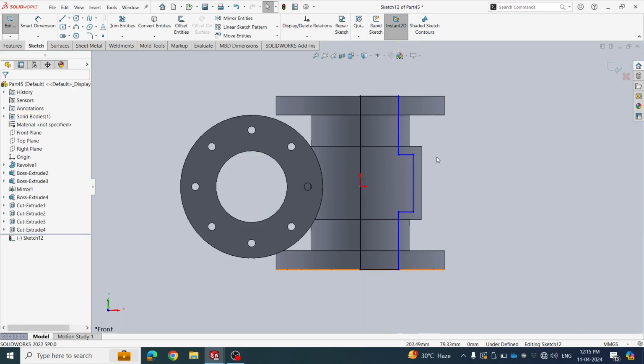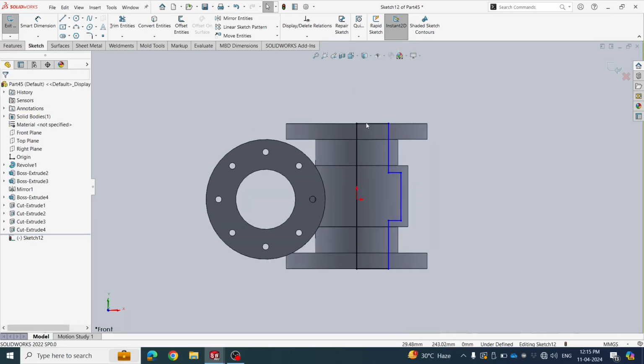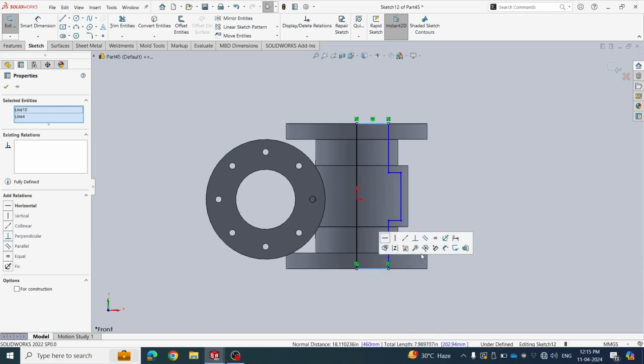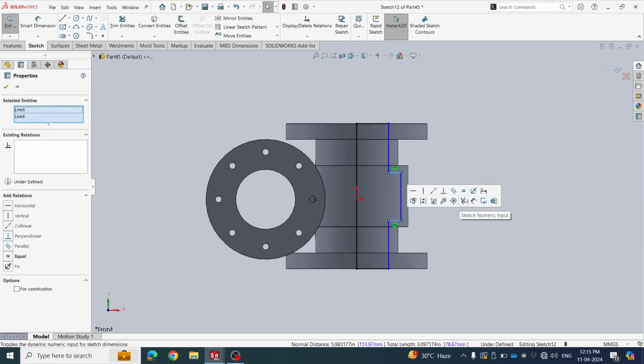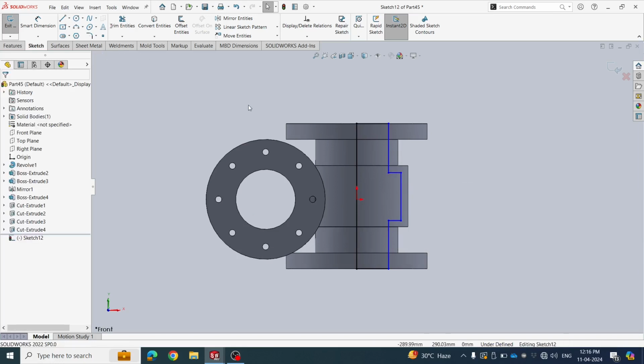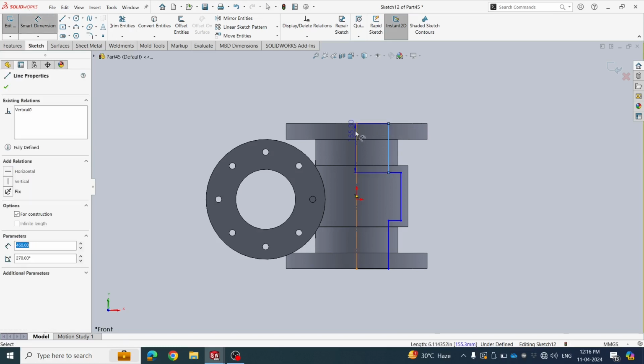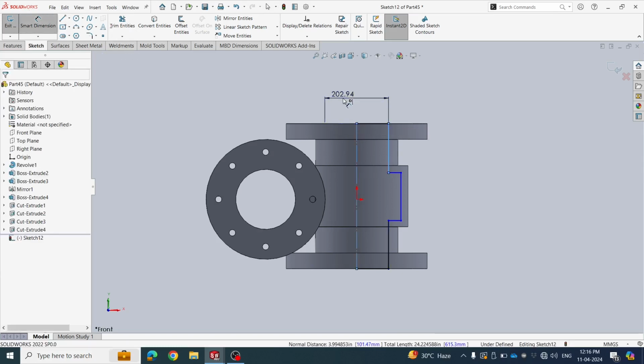So put the relation on here to here, this is equal, and this also equal relation, and here make to the, then provide the dimension before its concentric geometry, then provide dimension that here to here, it's 200 mm,